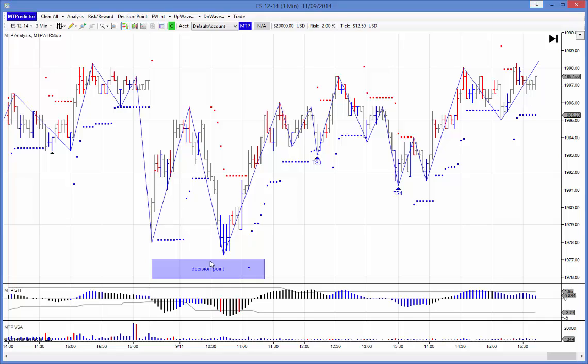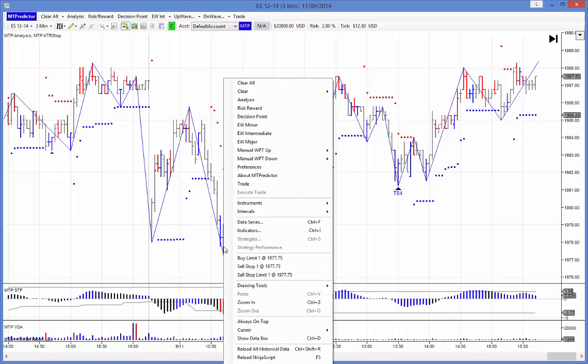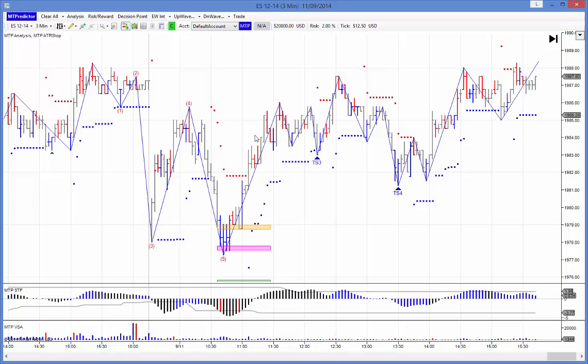But let's have a look at some of the other tools that are available in the software. I'll just take that one off. There we go, and let's have a look at our Elliott Wave tool. It can be found in the menu at the top here, or off our right click menu. So I'll do it off the right click menu. I'll hover over this pivot low here. If I right mouse click, then do Elliott Wave Intermediate, it looks at the Elliott Wave pattern on our intermediate